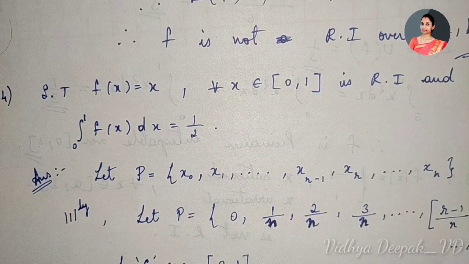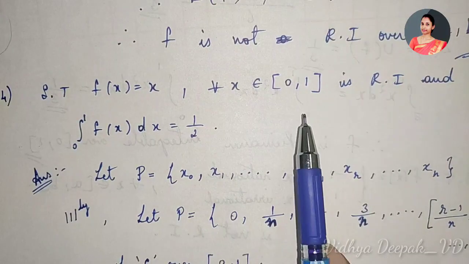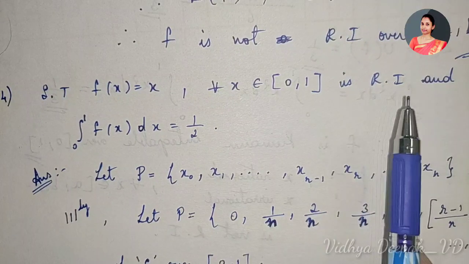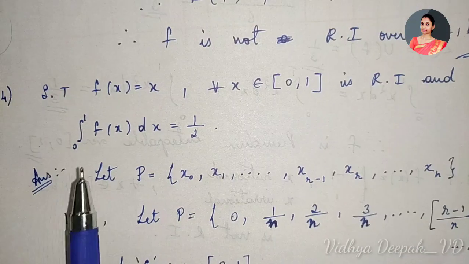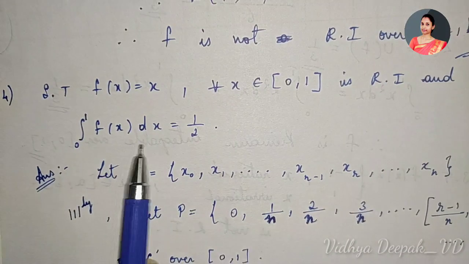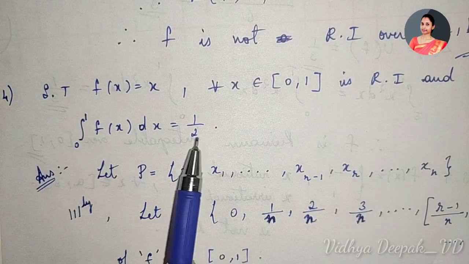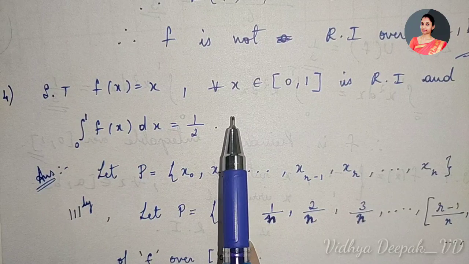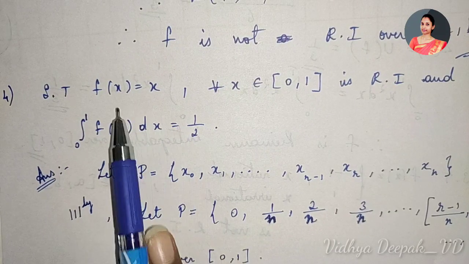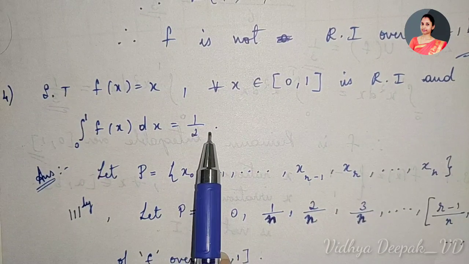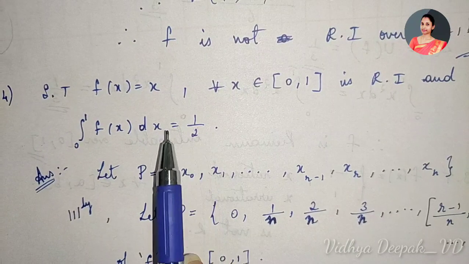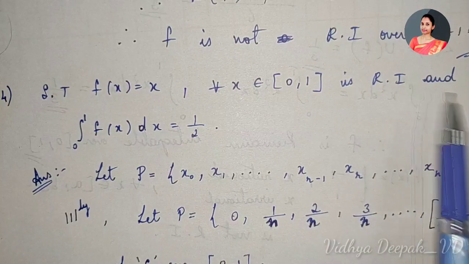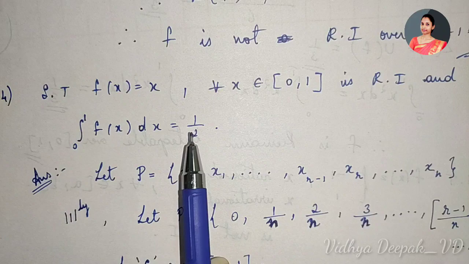Show that f of x is equal to x for all x belonging to [0, 1] is Riemann integrable, and we have to show that the integral from 0 to 1 of f of x dx is equal to 1 by 2. That means the answer of this problem is 1 by 2, that's all. Okay, so you have already been given the answer. Once you try, you can cross check the answer. If it is 1 by 2, it is 1 by 2 because it is Riemann integrable and the value is 1 by 2. That is what is meant by this question.